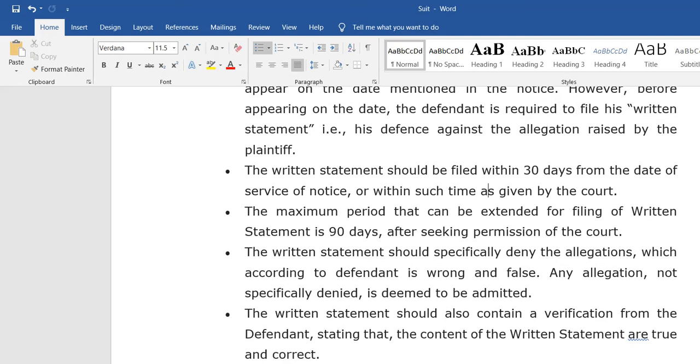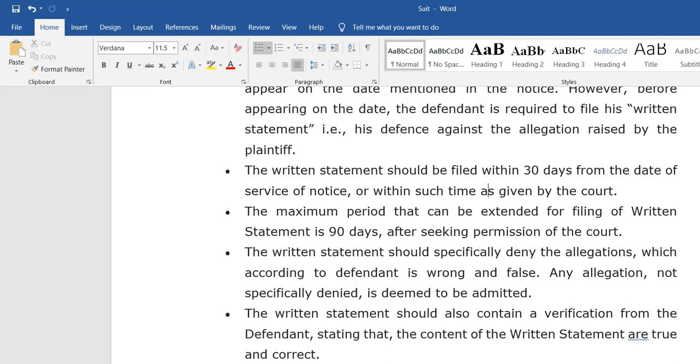Also, the written statement created by the defendant should specifically deny the allegations. Suppose the plaintiff has raised some allegations about the problem of separating homes between two people. In that case, the written statement created by the defendant should deny the allegations which, according to the defendant, are wrong and false.